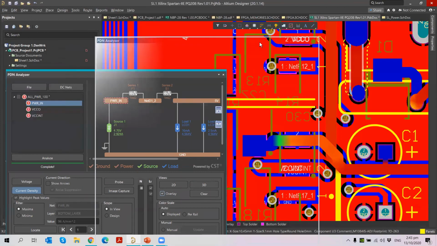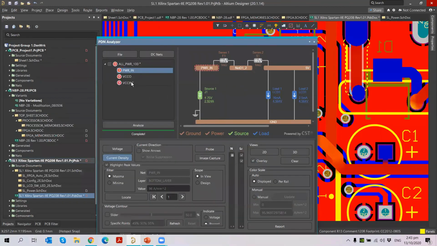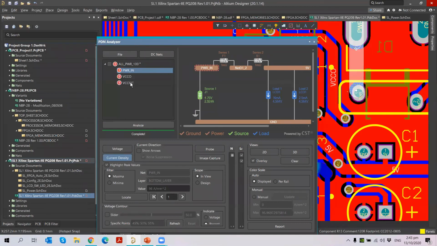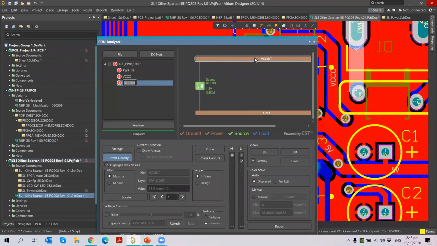Then once I do that, next I go to my VCC internal. When I go to VCC internal, it shows the violation is via. The via hole size is 0.3, meaning that the via size is small. It allows only 900 milliamps, but it needs to allow the maximum current this much. So I need to go to this via size and increase the size of the via.